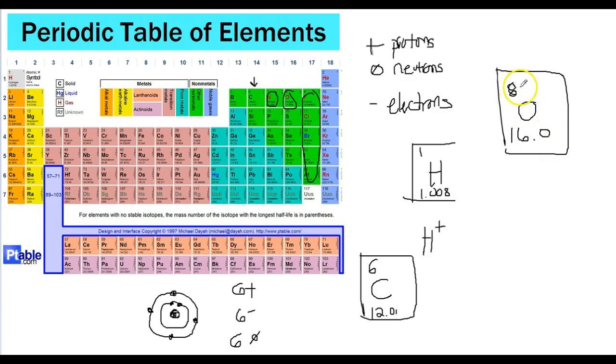Now, and this is where I got confused, it has 2 electrons on the inner shell. And then on the second shell, because remember, it's on the second row, that means it has 2 shells. If it's on the third row, it has 3 shells. If it's on the fourth row, it has 4 shells. The outer shell of oxygen has 6 electrons, which means it needs 2 more electrons. But while it can get 2 electrons to share, like it does with water, okay,